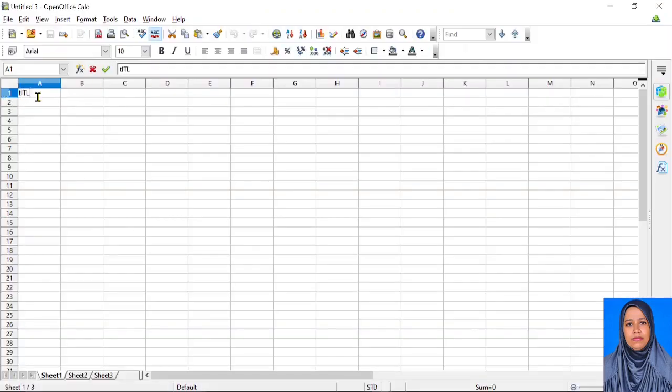Just type the names of the address fields here. For example, it would be title, first name, last name, address line 1, address line 2, city, state, PIN, mobile, gender, email. And all you need to do is fill in the details in the rows below